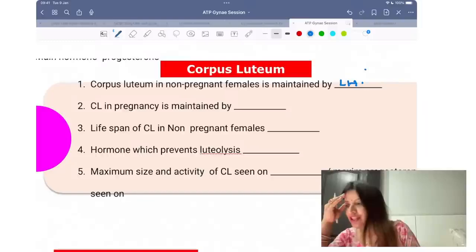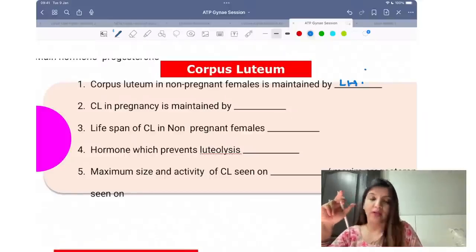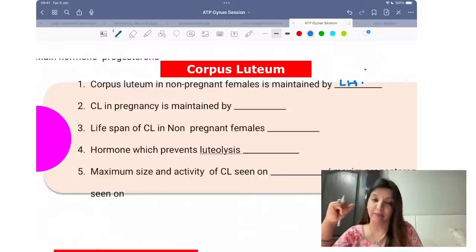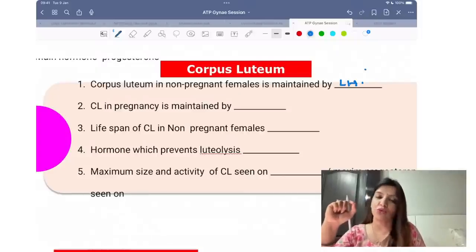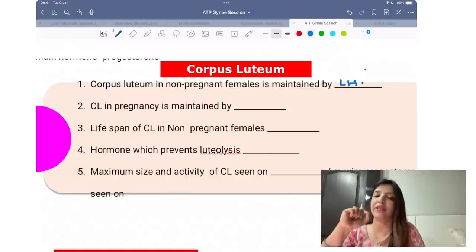Krishnan Minathchi Sundareshan, whatever your name is, I'm so sorry to pronounce it. Beta, I would want that once these sessions are over, in OBGY especially, there are some answers which you are giving wrong. I'm not demotivating you, but you are actually trying to give the answers. That is making me happy. So, once this session is over, please go through these sessions twice. If you go through these sessions twice, then you will not have any difficulty.